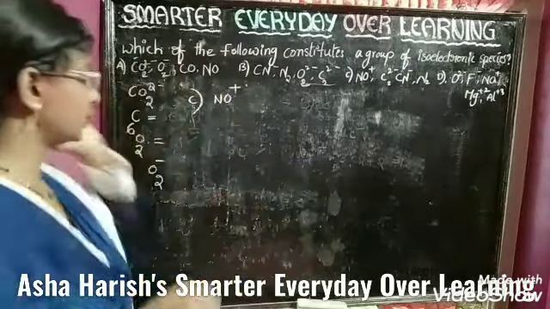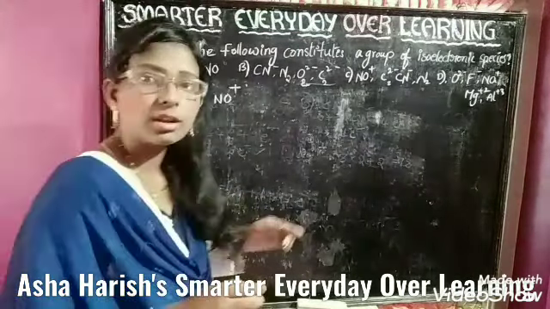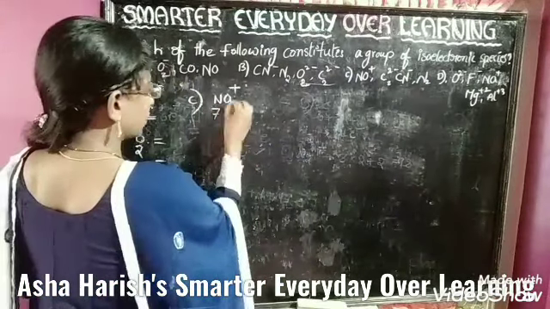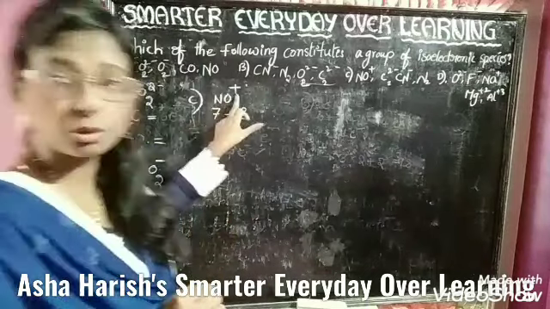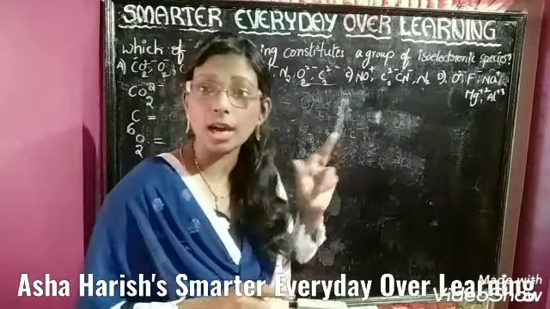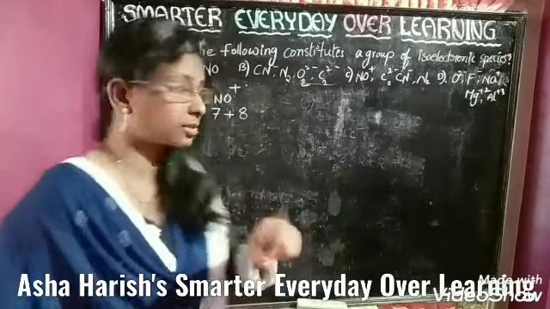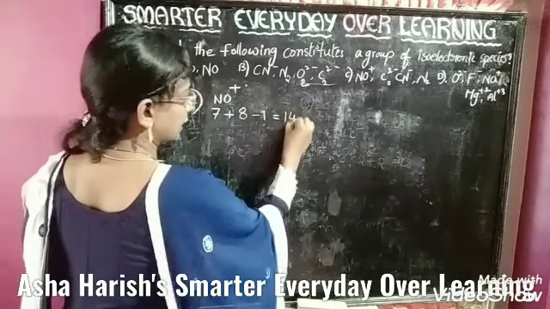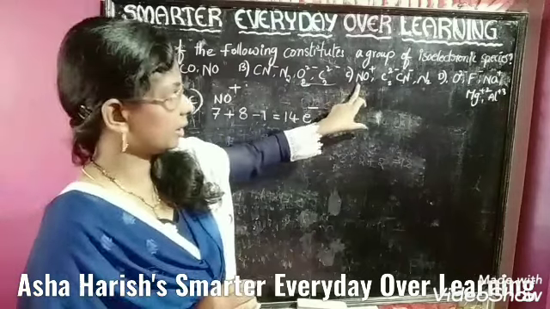Okay students, for this, nitrogen atomic number 7 plus oxygen atomic number 8. Here only one plus, so this is the formation of a cation, so we need to remove one electron from this. Here minus 1. So the electrons are 14 electrons for NO plus.